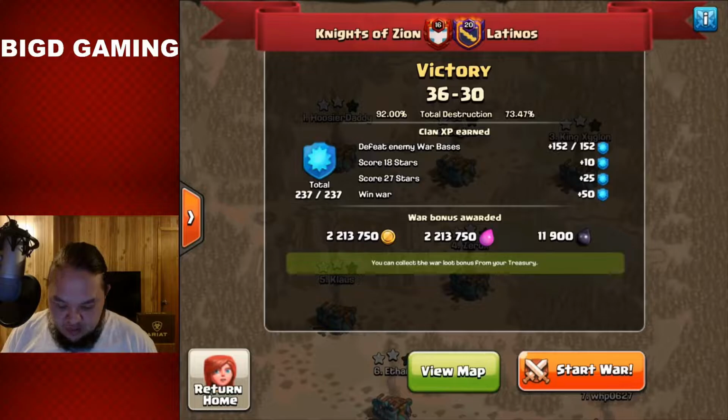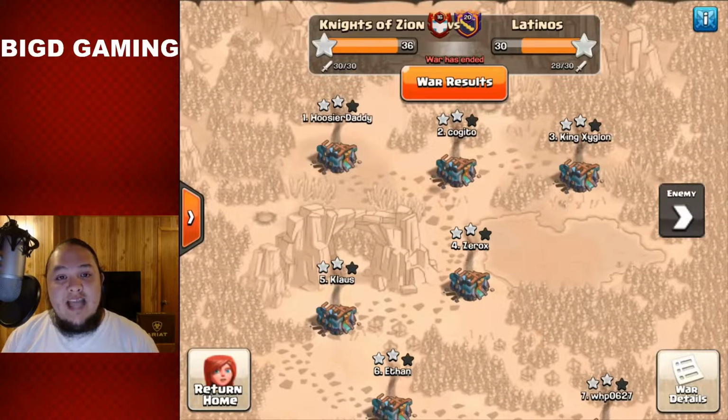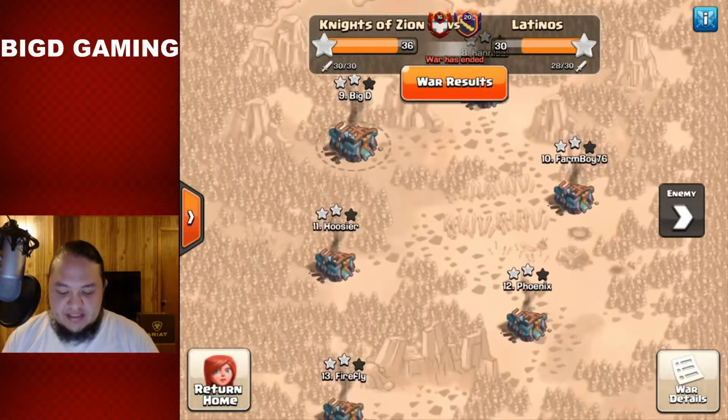So let me go to the war map here. As you can see, like I said, they have 30 stars. There were 15 on each side. They actually missed 2 attacks. That's unfortunate for them that they had people that didn't attack. I hate it when that happens in our clan, so I feel for them. I really do. But like I said, they doubled every single one of our bases, just could not pull out